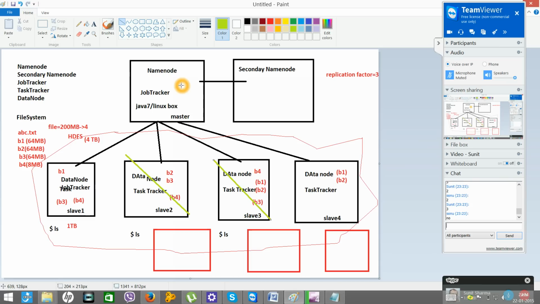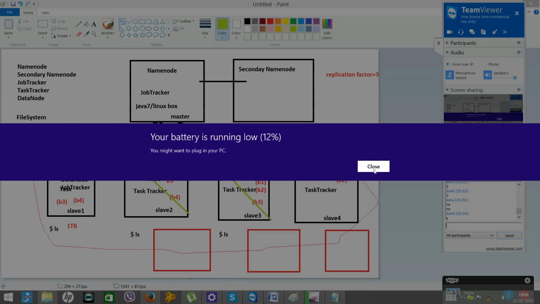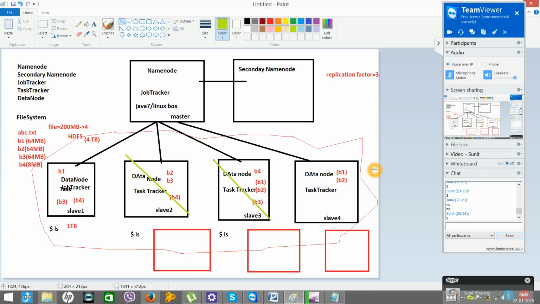Do we have any extra node here? These are 3 extra nodes we have recently added. Okay, so just try to understand that these are also nodes and part of the cluster.